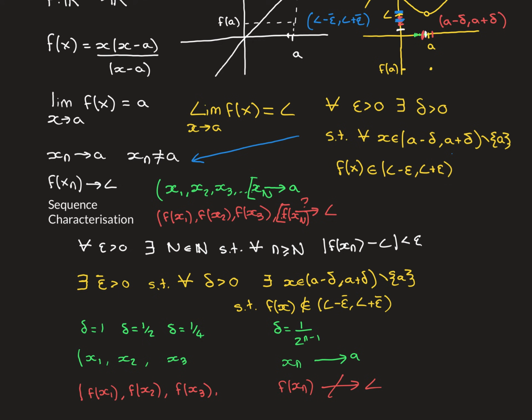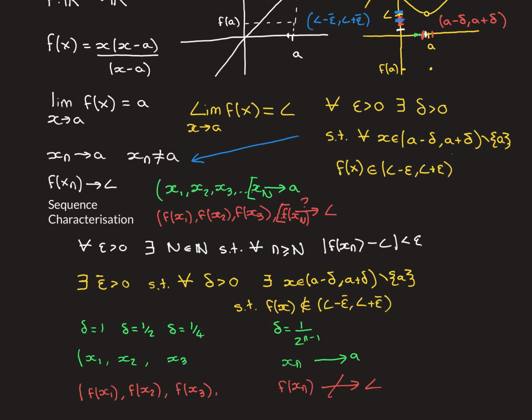Now this is a problem because this sequence that I've constructed in the domain is clearly going to converge to A because of the way these delta intervals are halving each time. That means that the terms of the sequence are going to get indefinitely close to A, and also they're going to stay indefinitely close to A because actually all the subsequent terms are inside each of the previous delta intervals as well. They're in even smaller delta intervals. So clearly this is going to converge to A. The problem is then if you look at this image sequence that I've constructed, I constructed the terms of this sequence purposefully so that the image sequence is all going to be outside of this epsilon bar interval around L.